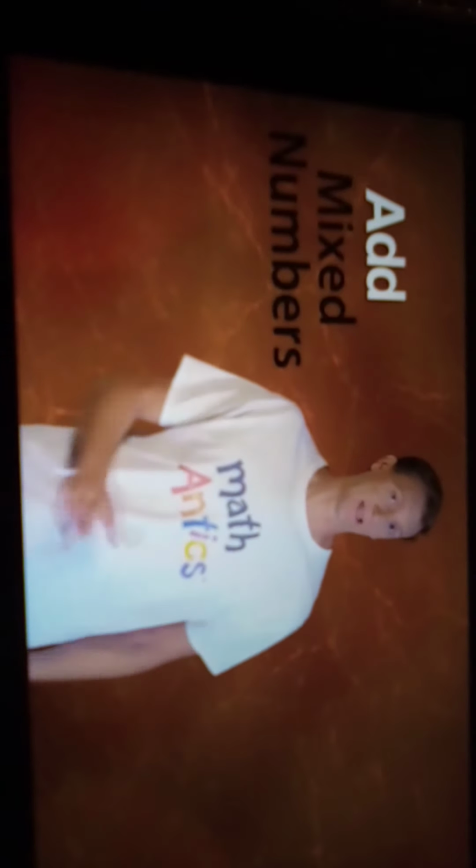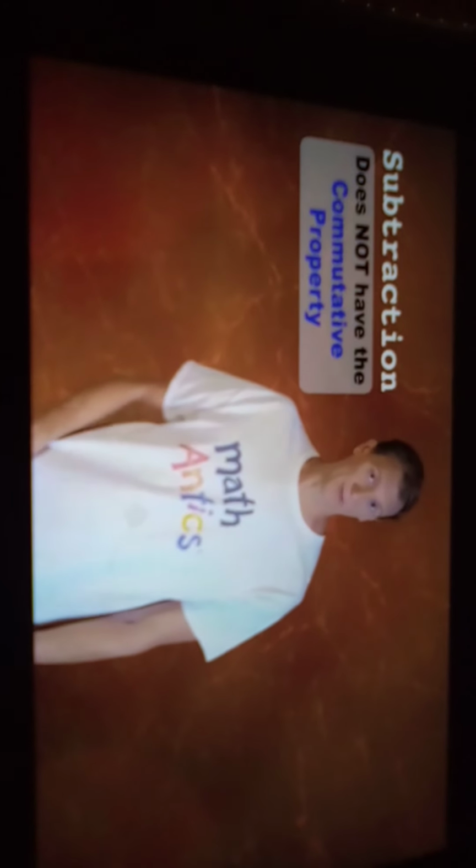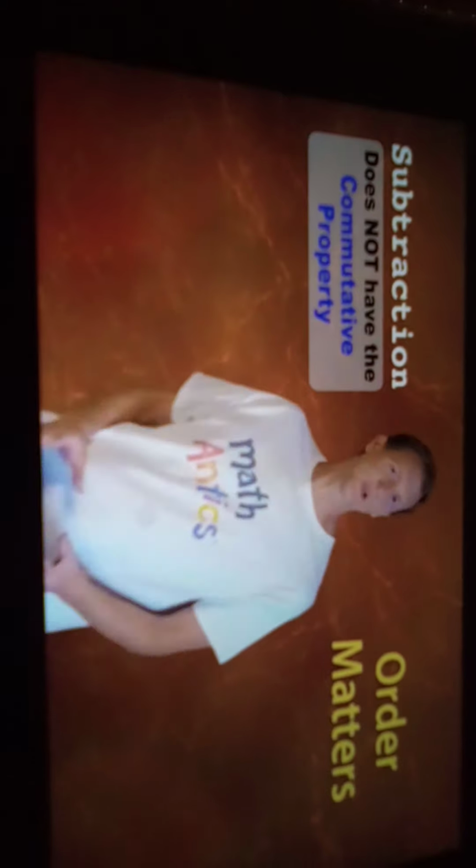In our previous lesson, we learned how to add mixed numbers. And in this lesson, we're going to learn how to subtract them. Subtraction is always a little trickier than addition because subtraction does not have the commutative property. That means that the order of the numbers you're subtracting matters, and you can't switch it like you can with